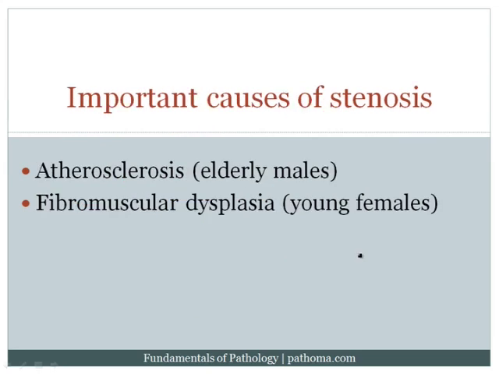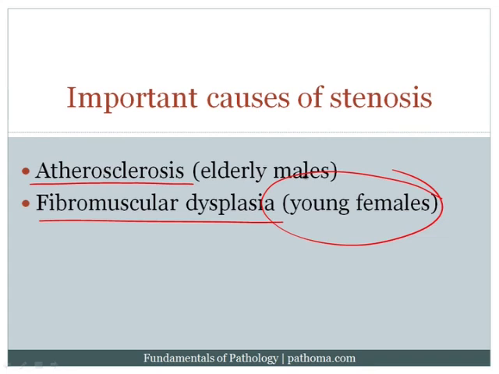What can cause renal artery stenosis? There are two very high-yield causes to be familiar with. The first would be atherosclerosis, and this is what we would classically see in an elderly male. Atherosclerosis can cause stenosis of the renal artery and decrease the blood supply going to the kidney. The other way by which we can get renal artery stenosis, at least classically, is something called fibromuscular dysplasia. This is a developmental defect of the blood vessel wall. It results in irregular thickening of large and medium-sized arteries, especially the renal artery, and it's classically seen in young females. So renal artery stenosis in an elderly male, you think about atherosclerosis, and renal artery stenosis in a young female, you think about fibromuscular dysplasia.